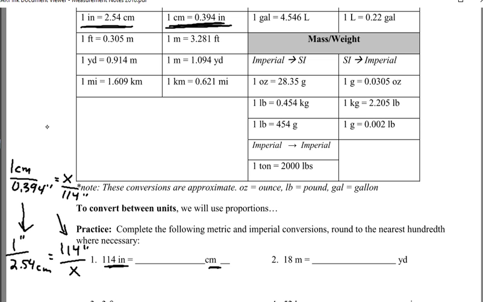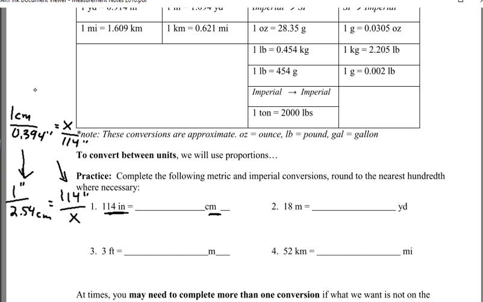Same information, a little bit different. If you cross multiply both of them, you can always round to 1 decimal place unless it states otherwise. But for our first proportion, when we cross multiply, 114 times 2.54 divided by 1 is 289.56 centimeters. When I cross multiply the other proportion I set up, it's going to be 1 times 114, and then